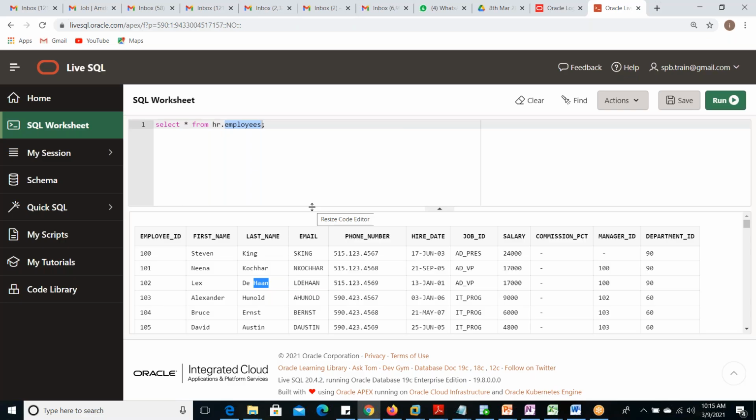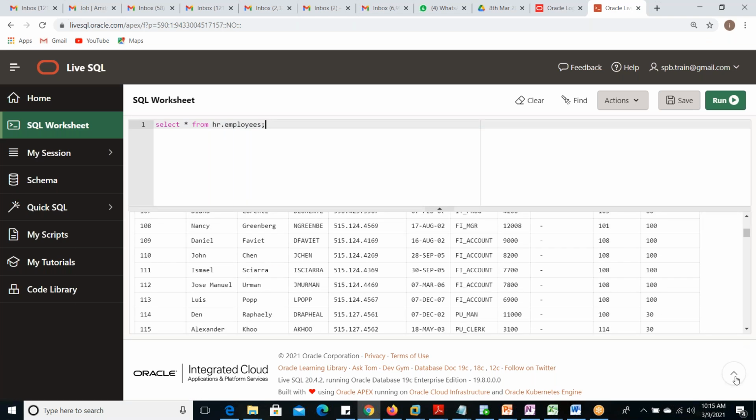So for a few days you can practice here. Then after installing the software, you can do it in that software also. This is the best one. The latest software with the latest version is installed by the Oracle company on this site. If you go down, it is mentioned database 19C. 19C is installed here, which is the very latest one. So many latest features you can also get here. No time consuming, no memory, no installation, no tension, no headache. Very easy to practice SQL here.